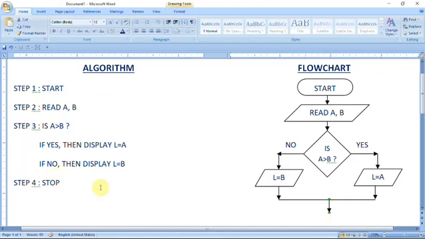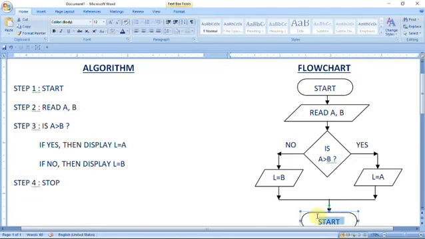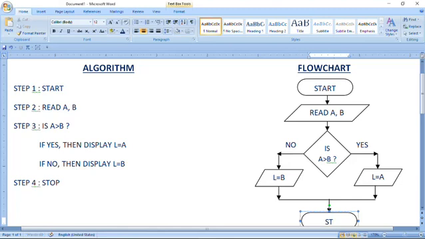This is the method, and at the last you have to use the terminator symbol again. This is called the terminator symbol. For ending the flowchart, we have to write STOP, stop.